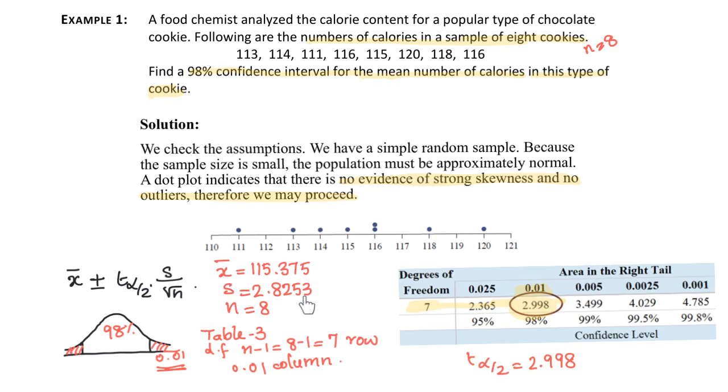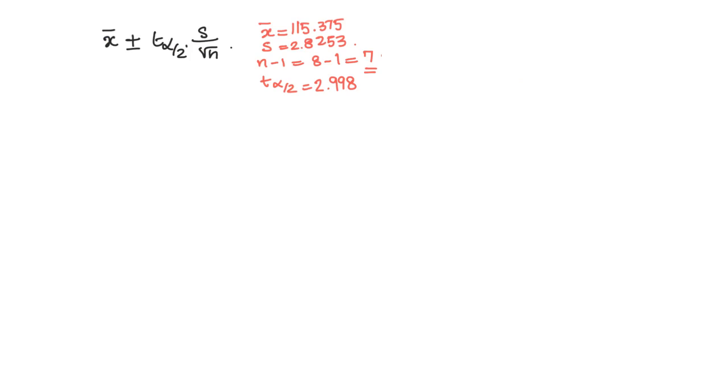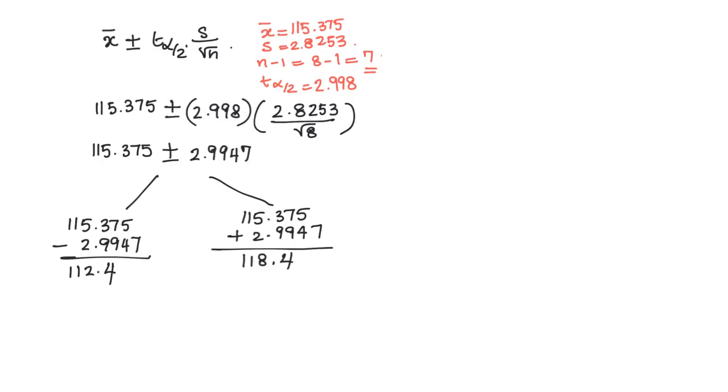Now we will substitute all these values into this formula to find the confidence interval. So I'm going to copy these values to the next page. I copied the information from the previous slide. Now let's construct the confidence interval. Now I substituted these values